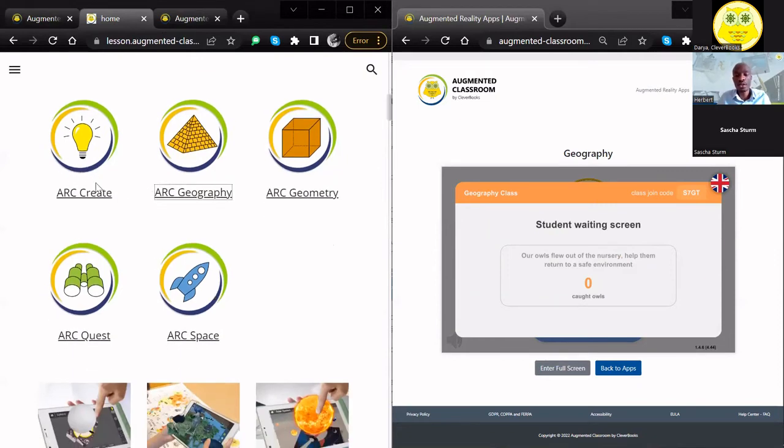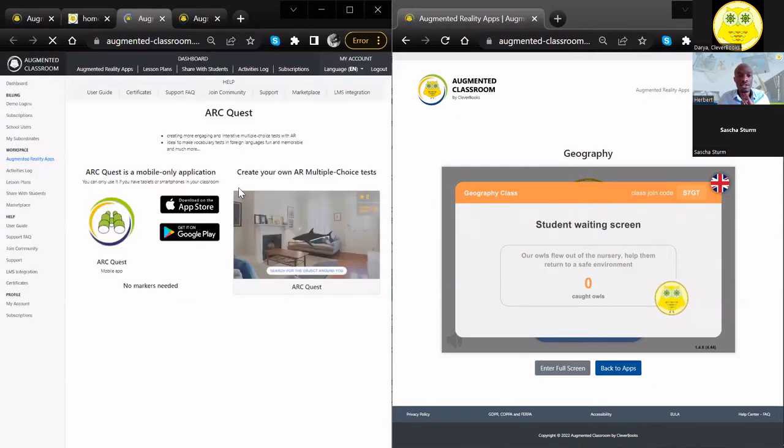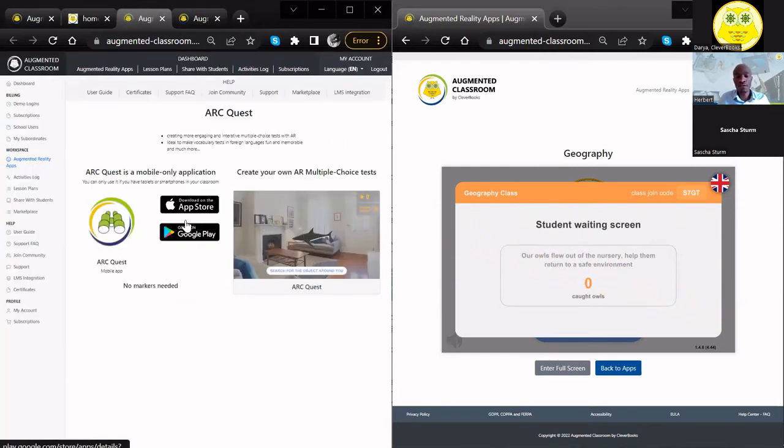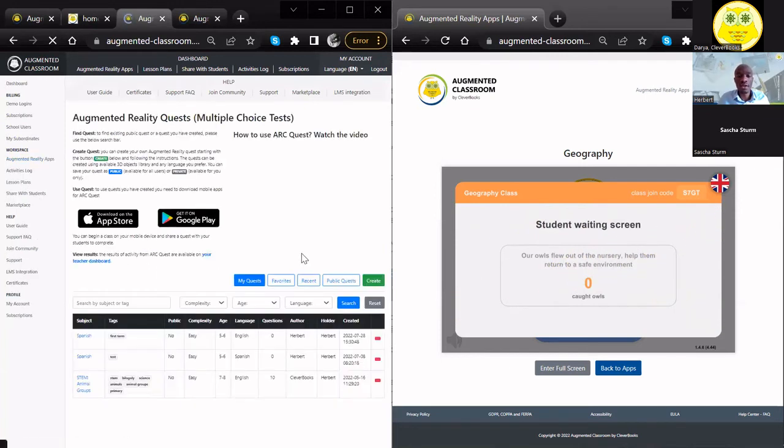I hope it will allow me to do that. So we have a space create option, and we have ARC Quest. Before I jump into co-create space, I'm going to jump very quickly into ARC Create to show you how that would work for creating quizzes, and how you would make your tests and quizzes all fun, like the other teachers are already doing. So to do that, the idea here is you would do the same. You just have to download these apps. You don't have to print anything. And then you go to create.